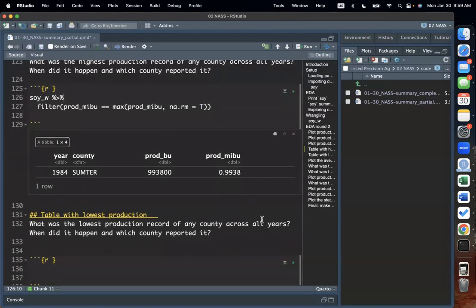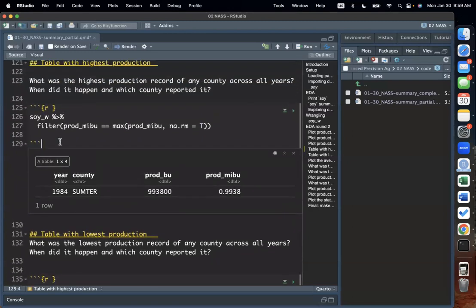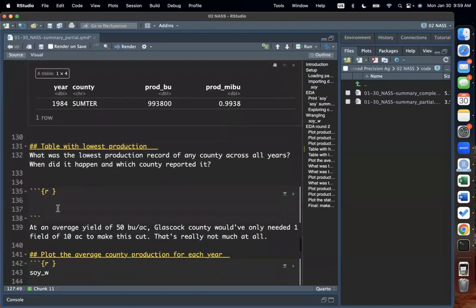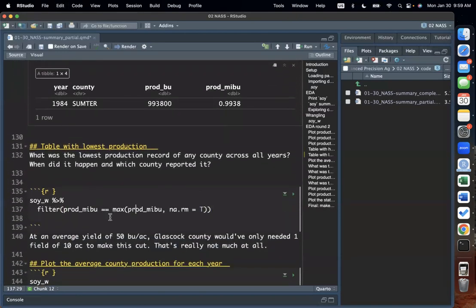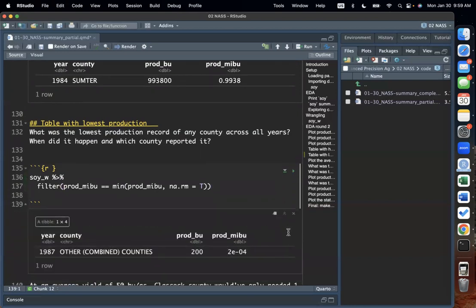Okay, so what if we want to do the same, but with the lowest? So one thing that we can do is just copy and paste what we did on the chunk above, just paste that here. And then, the only thing we have to change is that instead of doing the maximum, we're actually extracting the minimum. So if we do that and we run it,